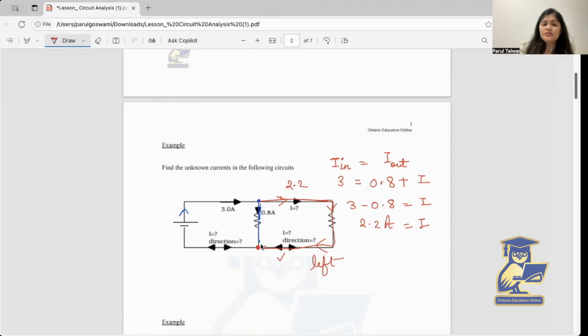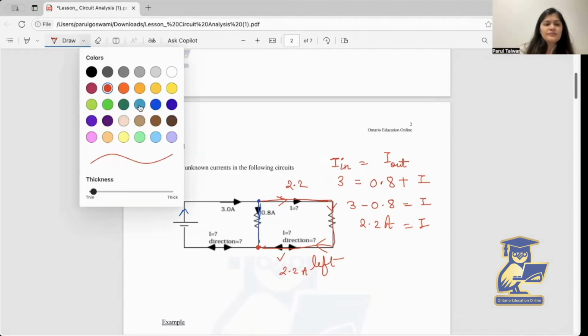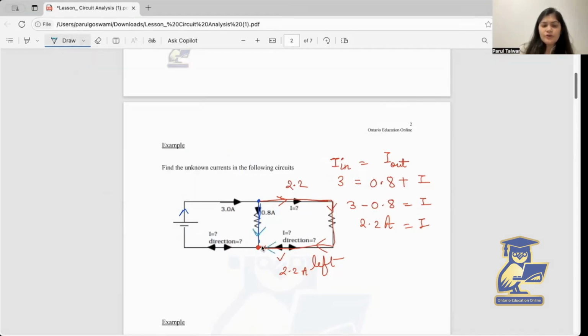This is another junction where the current 0.8 ampere and the current 2.2 ampere will meet up. So the total current at this junction will become the sum of 0.8 and 2.2 ampere. The incoming current would be now 0.8 and 2.2, so it will be equal to the outgoing current. After these two currents meet up here, together they will move in this direction and in this branch of the wire.